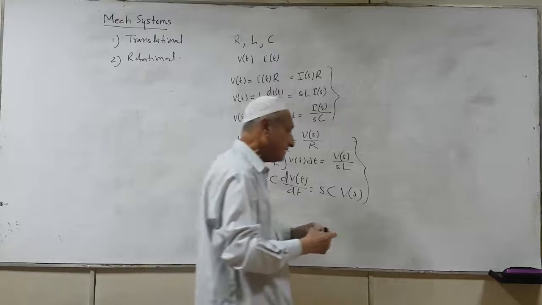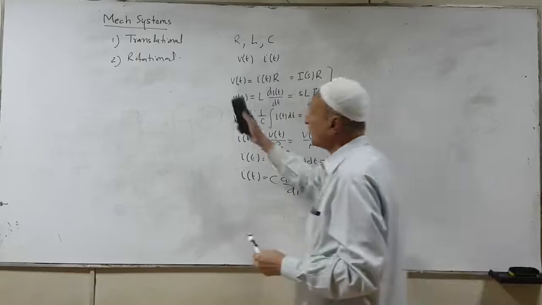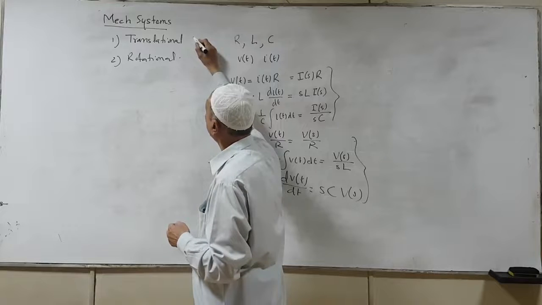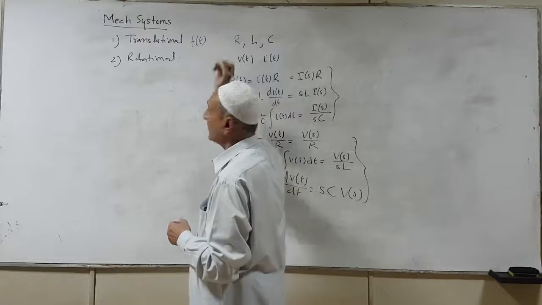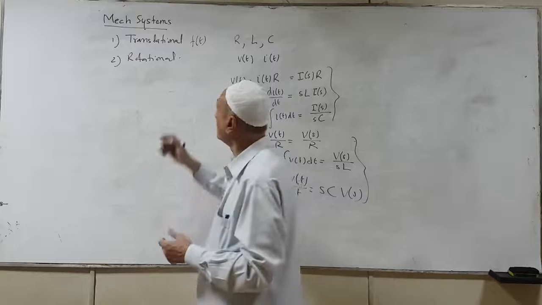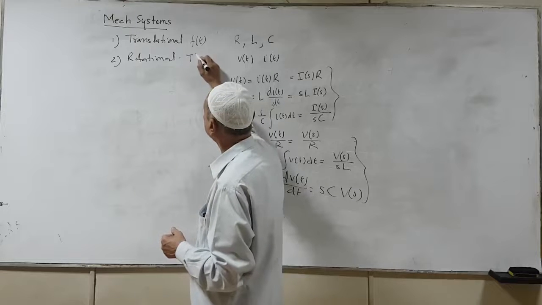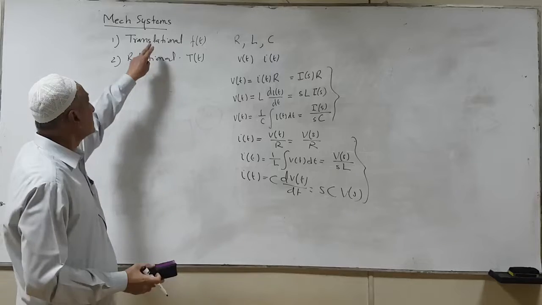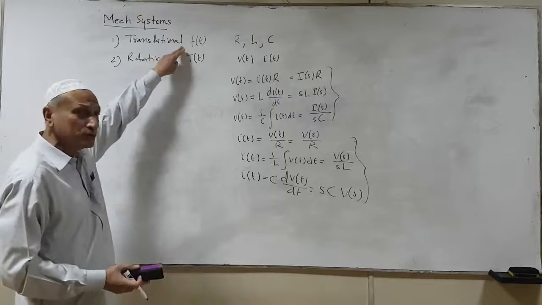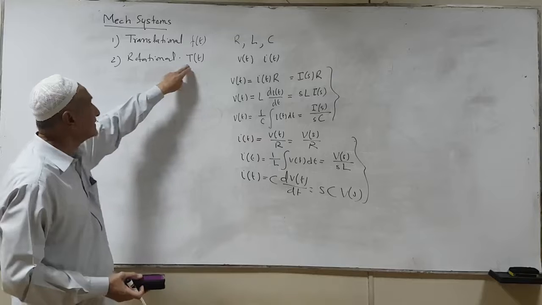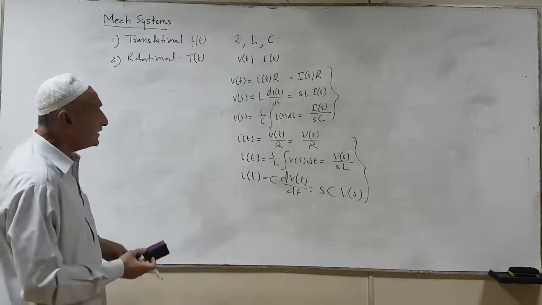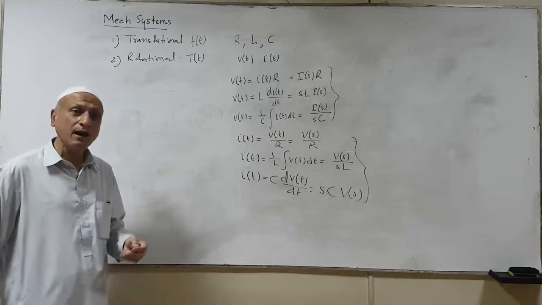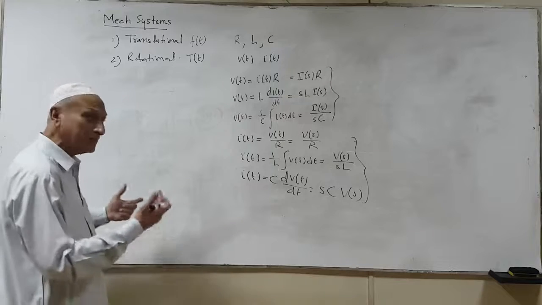But in the case of a mechanical system, when we talk about the two classifications, in the case of the translational system it is the force f(t), the Newtonian force, and for the rotational system it is the torque. So the driving force in the first case is the Newtonian force, and in the second case it is simply the torque. Let's first find out the main elements of a mechanical system.